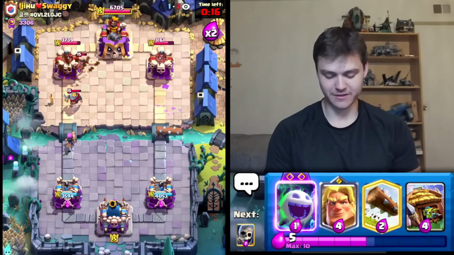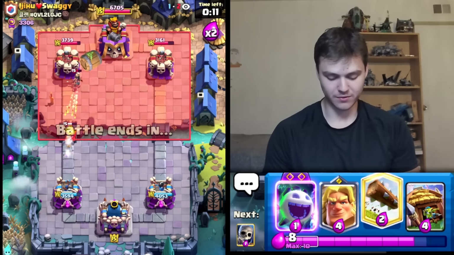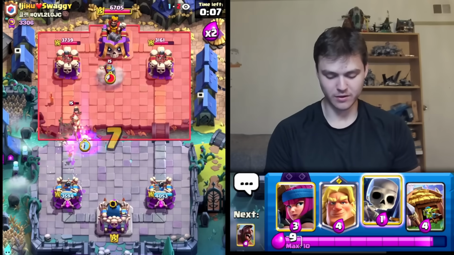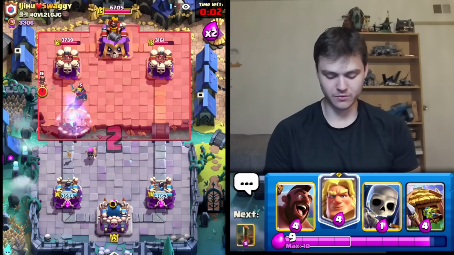Bro, I get 0 damage still. But at least he spent the extra log, right, guys? Not the worst thing that could have happened right there. We do get our log off right here for everything. We can just go for the Evo Ice Spirit as well. Get a Firecracker going here on the map. He might try to predict a Hog Rider soon, so...